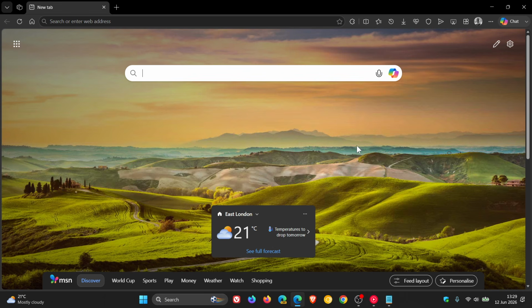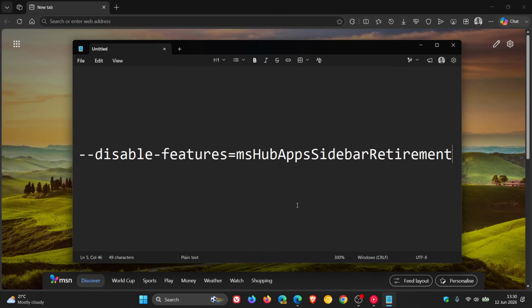And now it's time to show you how you can get the sidebar feature back and working in the stable version of Microsoft Edge. And it's a very similar process to how I showed you in the previous video, just using a different command line flag. So if you want to bring back the sidebar, what we have to do is apply this command line flag, which I'll leave in the description for you to copy and paste. So you would head to the description, you would copy that,